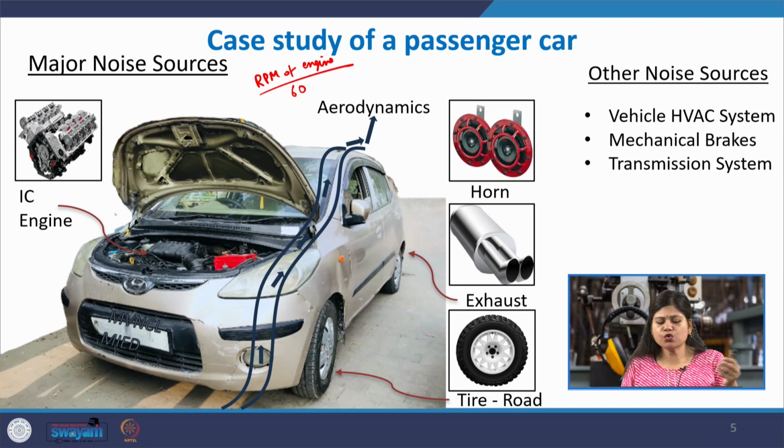Then you have other sources, because it's a complex mechanical system, and there are a lot of things inside a car. The other very dominant noise source is the tire-road interaction noise. The tires are rolling over this hard surface and creating noise. If you have observed, when you are driving on the road, you hear more noise, especially coming from the tire, and when you are driving through softer ground, you hear less sound